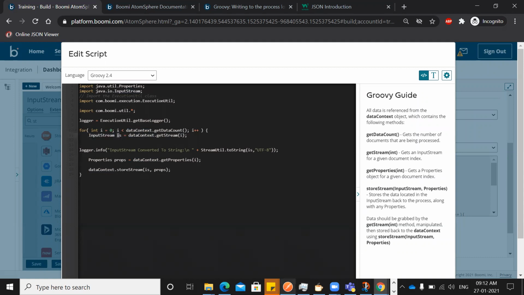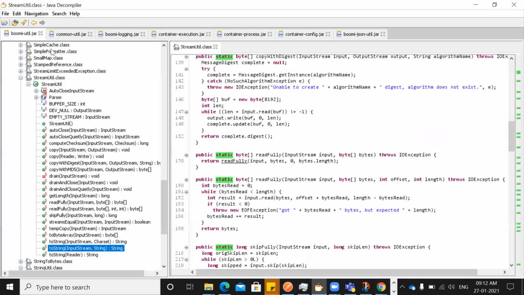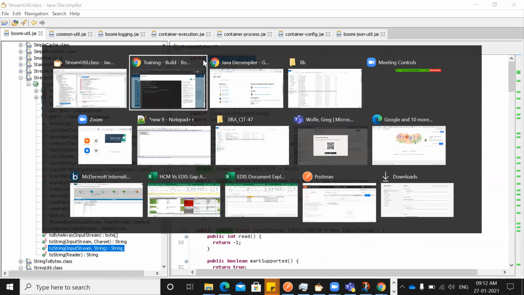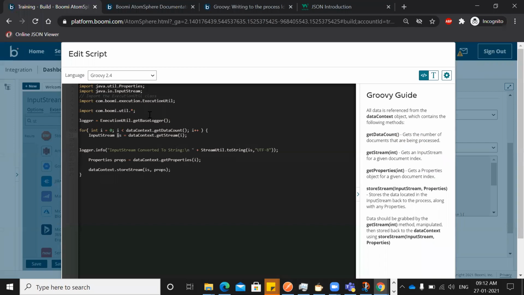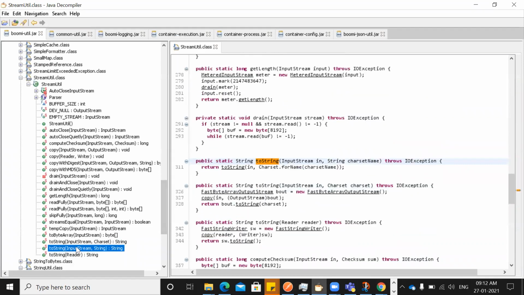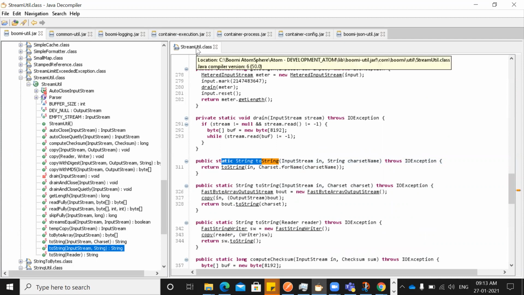Now what I need to do is import this package. Where is my package? My package is in StreamUtil, and this StreamUtil is in com.boomi.util. So I just imported this package here. I imported all packages, and after that, since this is a static method, I can directly call it with the class name. So I have written